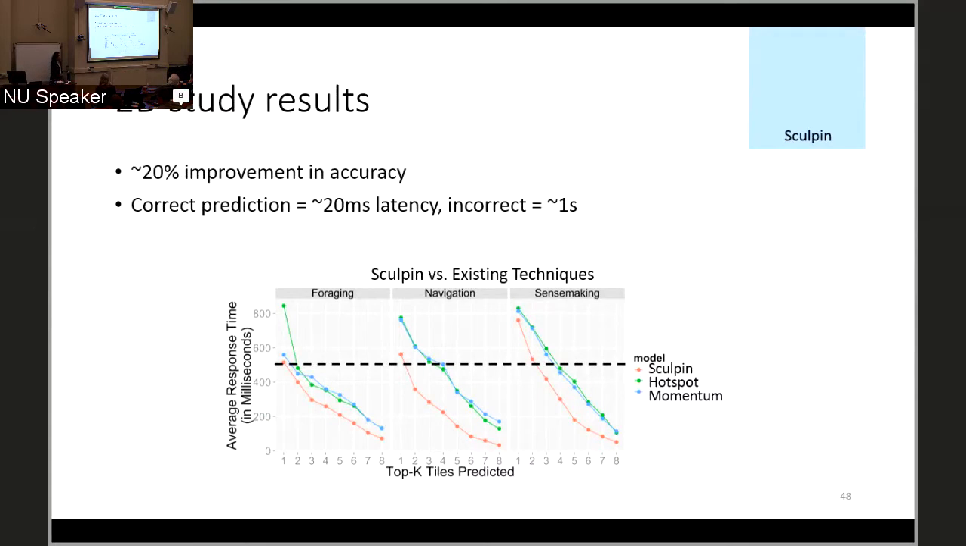Right. So here are our prediction results. We found that Sculpin provides a 20% improvement in accuracy in general compared to existing techniques, so momentum and hotspot. And we found that a correct prediction resulted in 20 milliseconds of latency and an incorrect prediction in 1 second of latency. And then here we have a chart